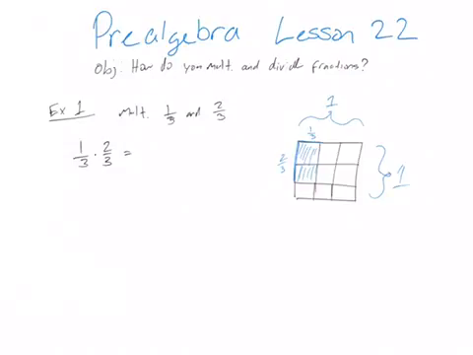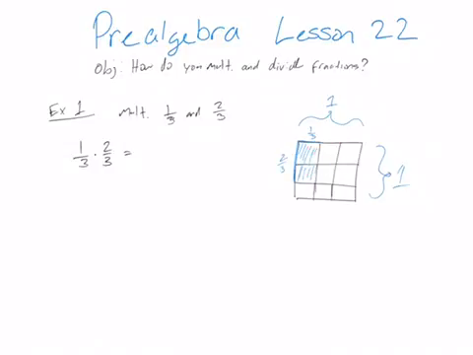And there's a picture of this to kind of illustrate that. Notice from here to here is 1, so I've divided it into 1, 2, 3 pieces. So from here to here is 1/3. And likewise, this distance is 1, and so from here to here is 2/3. So I'm multiplying 1/3 and 2/3. So 1/3 times 2/3 is going to be, notice, 2 of the 9 pieces that are in